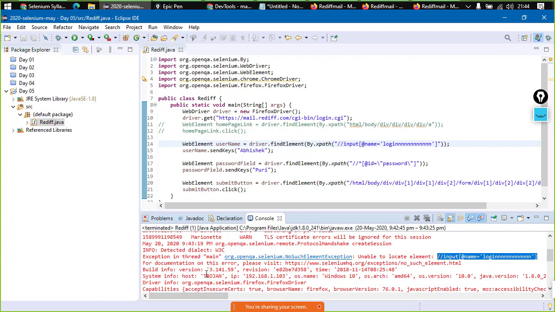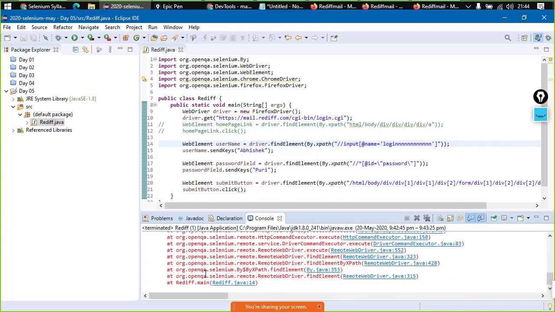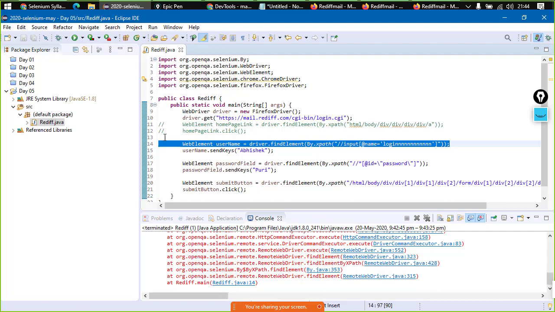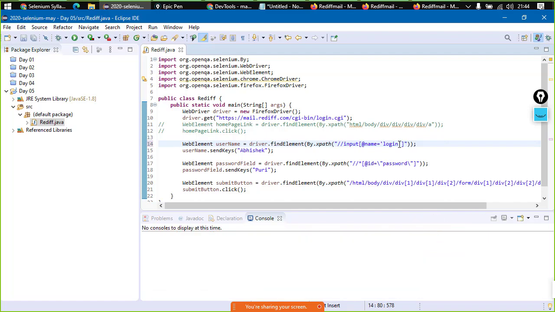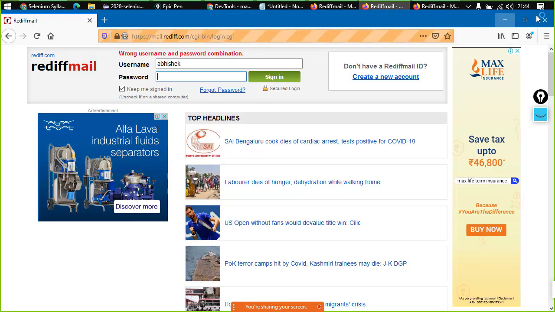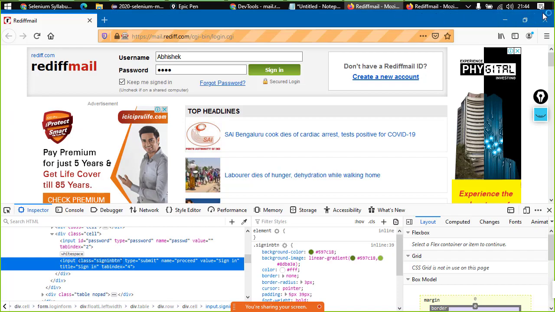Or in case you want to get to the root of the issue, you want to know where the issue was, scroll down, you'll get an option of rediff.main line number 14. Click here, the line will get highlighted, and you got to know that this is the XPath which is not working fine. I'll rectify the issue, Control F11, and the code will execute absolutely fine. I'll just close all the unnecessary browser instances that we don't need.